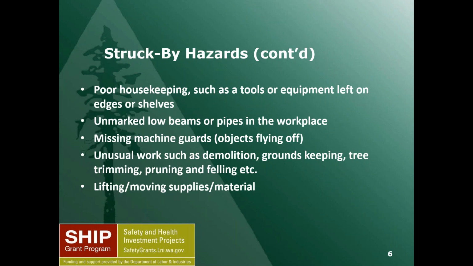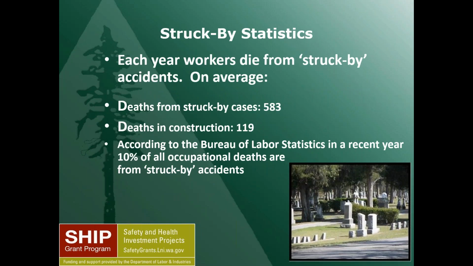Once we get into those, it's the dangers of unusual tasks, the dangers of doing something that's out of our norm. And then a lot of times it's the materials that we are lifting and the equipment we're using to lift it. And we all know workers die every year from these. Last year we had 583 people die from struck by accidents. This is not taking any vehicle accidents into the equation at all. These are almost exclusively pedestrians getting hit by equipment or getting hit by cargo or freight.